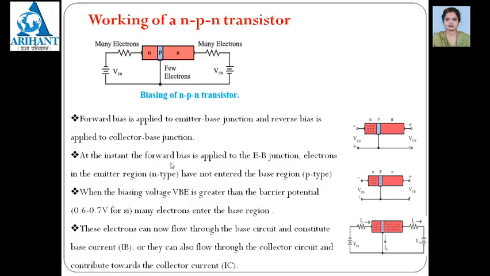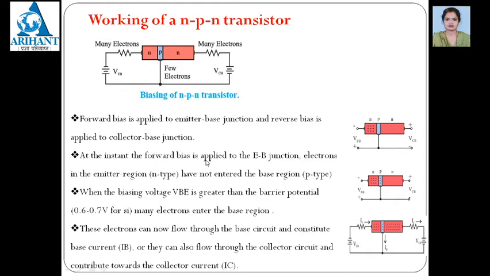Now we will go for the working of NPN transistor first of all. See this diagram, this is the NPN transistor. We have connected external supply here, that is supply between VEB, that is emitter and base, and VCB, that is collector and base. Forward bias is applied to this emitter base junction because this N is given the negative supply of VEB and positive is given to the P, hence it is forward bias. And here reverse bias is given because N is connected to positive of this supply and P is connected to negative of the supply, hence it is reverse bias, and this emitter base junction is forward bias.